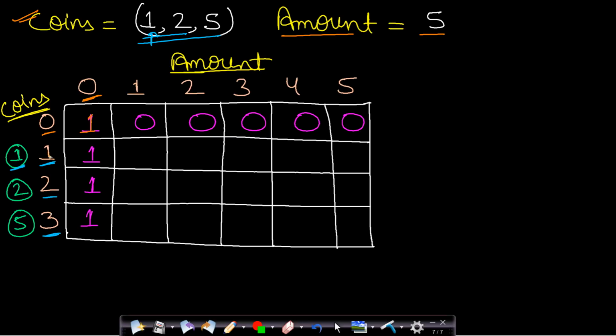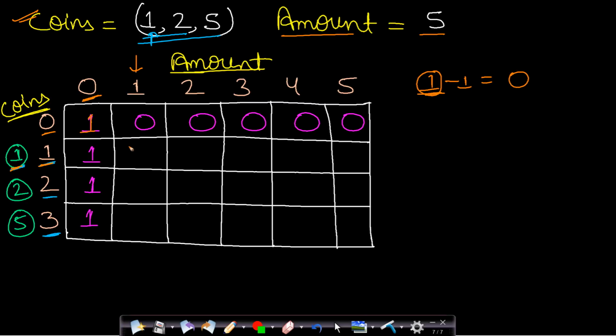So if we are in the first row, then we just have a coin with value equal to 1. Let us now find if we can find amount 1 by using this coin 1. You can see that the first coin has value 1. So there will be two options as I already explained. You can either include this first coin or you can exclude it. If you include this first coin, then the amount to be found will be equal to the current amount, which is 1, minus the coin value, which is 1, which will be 0.